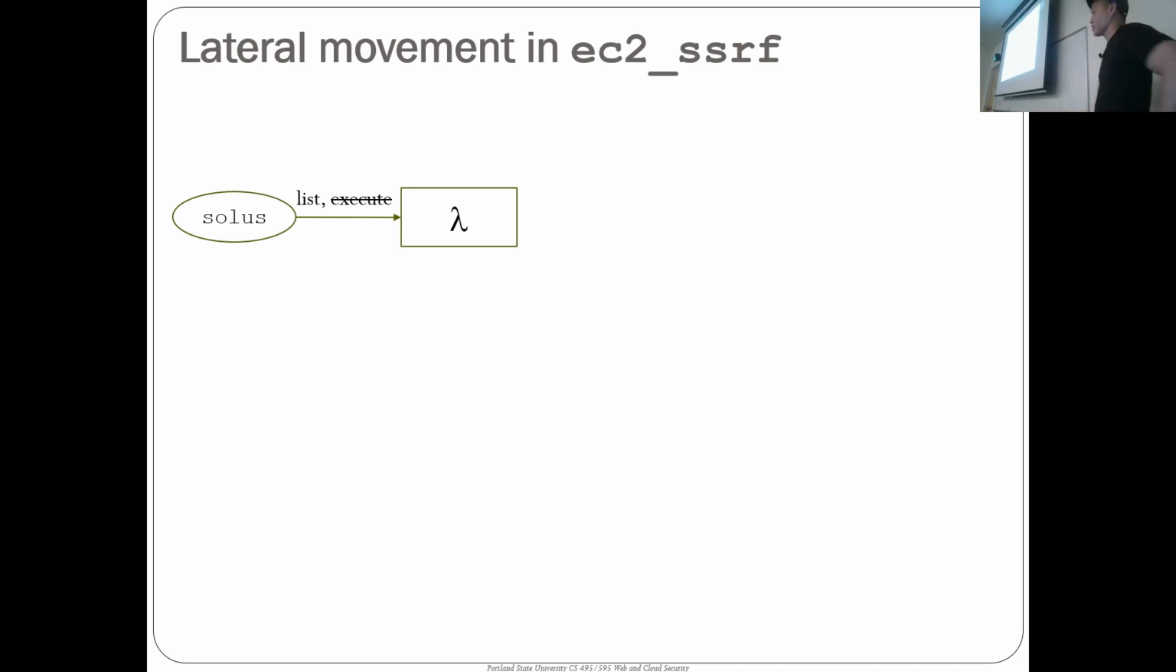So I wanted to give a little bit of a walkthrough. Both of these show you how an adversary, when they get a foothold into some resource in your project, would laterally move around it and try to get what they're after. So the first one was EC2 SSRF, and you start out with this